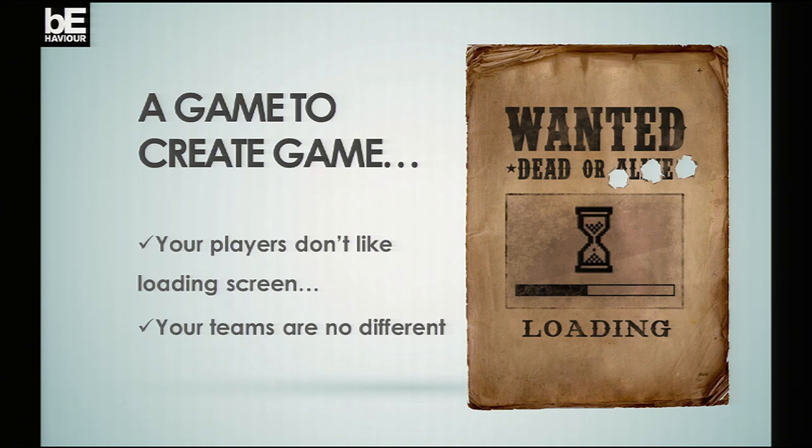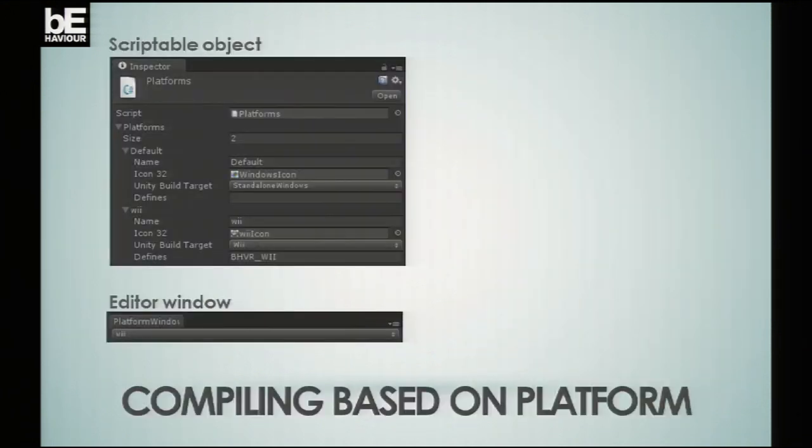And so you want to be able to test your flow without actually switching targets. And this is possible. In fact, it's easy. You only need a scriptable object where you add some defines. For instance, in this one, we have the default console, which has no extra defines, but the Wii one would have a behavior or something that you set up. And a simple window, which only says what should be on the screen.